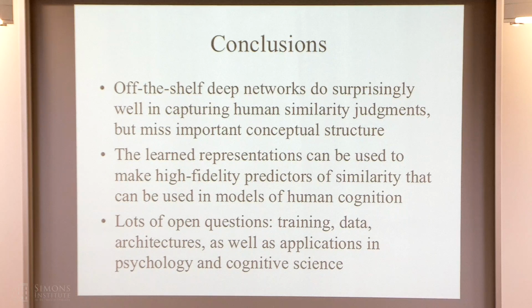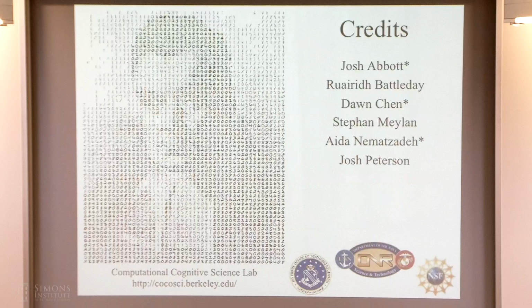The second is that using these representations, we can take them as a starting point and build pretty good representations that are at least good enough to allow us to begin to test certain kinds of psychological models with more realistic sorts of stimuli. But there are lots of open questions here, as I was saying: different ways we can think about training these networks, different kinds of data, different sorts of architectures, and a broad range of applications of these ideas in psychology and cognitive science in terms of changing the things that we can do with these approaches. So, thank you.